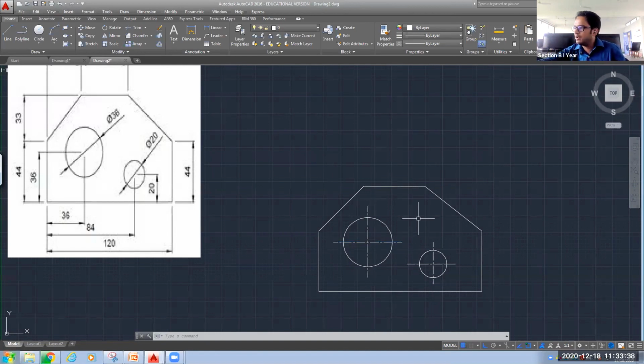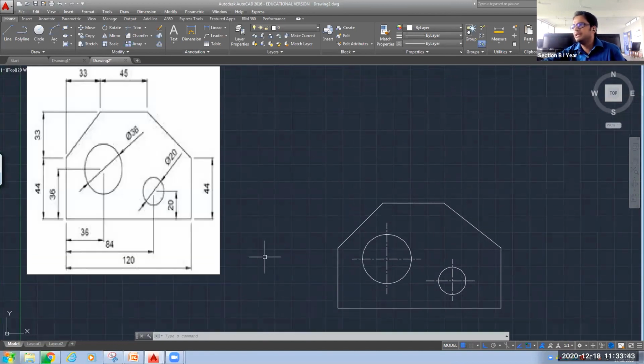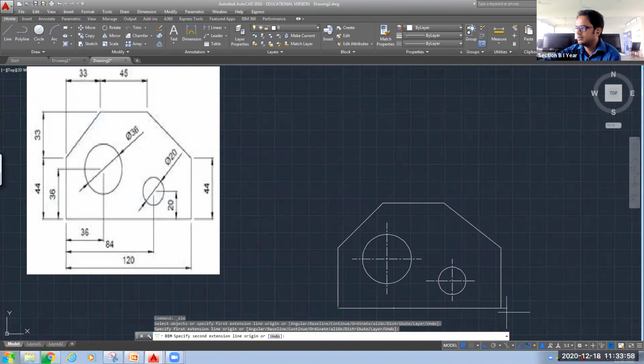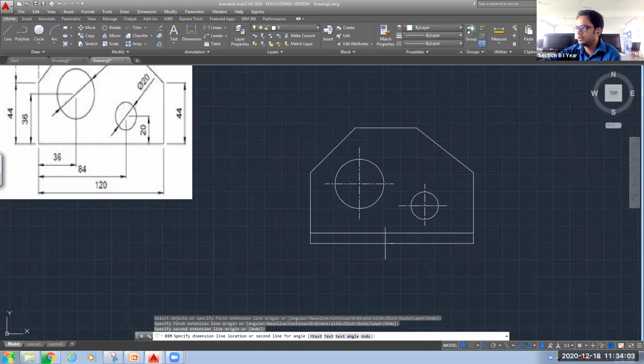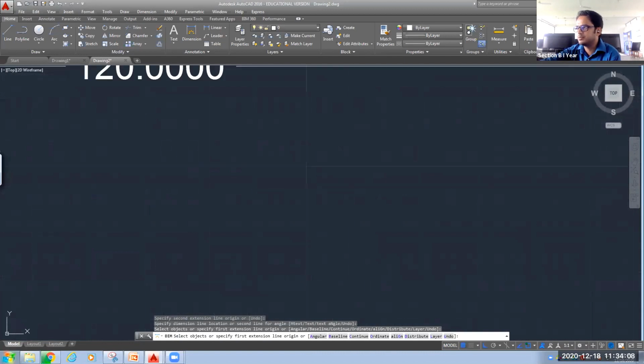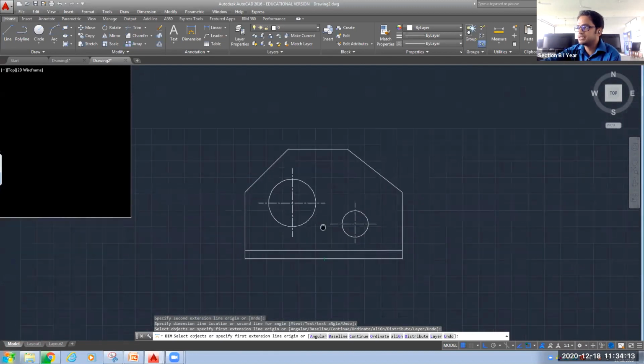Okay. Now the drawing is drawn here. Now what we need to do, we need to give dimensions. So you all know that for giving the dimension, this is the tab where we need to click. Click on this dimension tab, select the object. I'll start with the baseline, and now we have to click on the location where I need that. I have given the dimension, but it is very small, it is not visible. So we need to do dimension style.